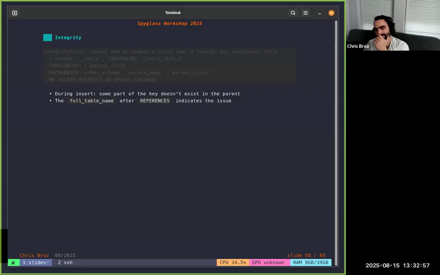No, that's not great text contrast, but to read it out, this says integrity error, cannot add a child row, a foreign key constraint fails. It says schema.table constraint table IBFK underscore one. So DataJoint's default convention for how to name its foreign key references uses the table name and then I forget what IB stands for, but IB foreign key one